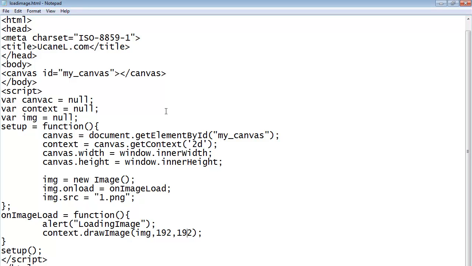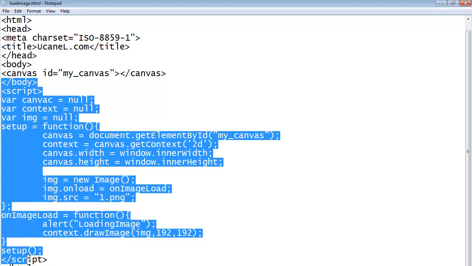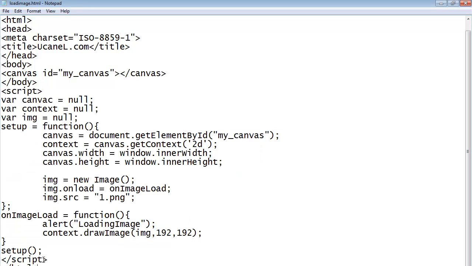As soon as this page opens, the canvas object is being created. Then inside the body, we have this script. This script is internally calling the setup method. So as soon as the page gets loaded, the setup method is called. In this function, we got the canvas and context. We created the image and assigned it to the global variables. Now as soon as the image gets loaded, the onImageLoad method will be called, which will internally give the alert and draw the image.